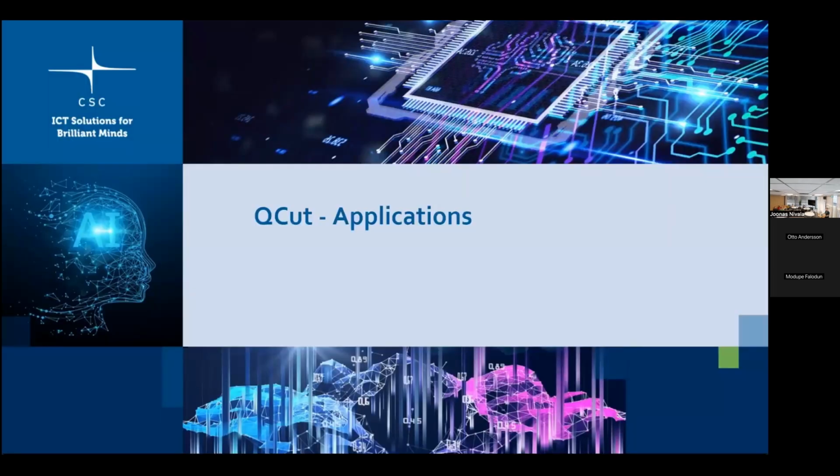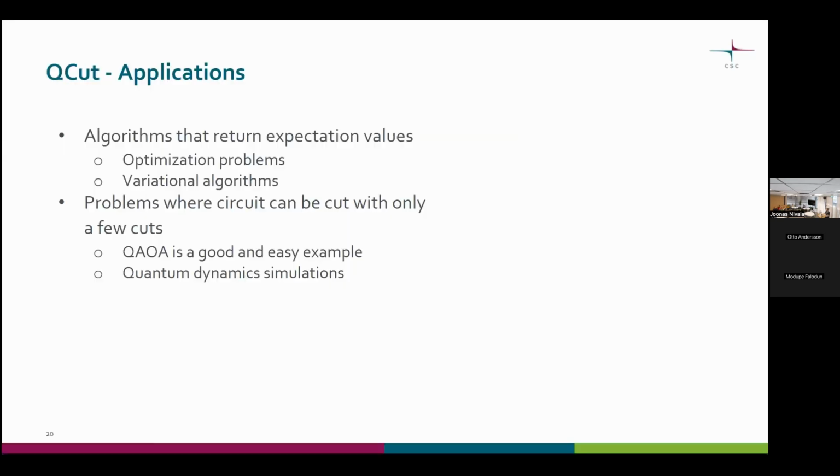And then, of course, people want to know about actual applications of this. And since this can only give you expectation values, you want algorithms that return expectation values, which are, for example, optimization problems or variational algorithms. So any VQA, or if you're familiar with QAOA, it's a very good example of this, like a graph optimization problem, or solving, for example, the max cut problem, which can be used, for example, for